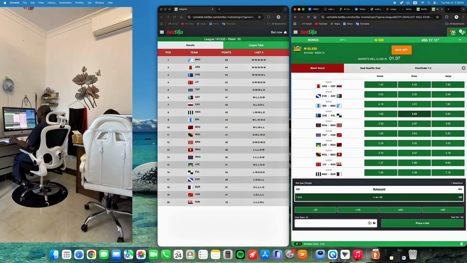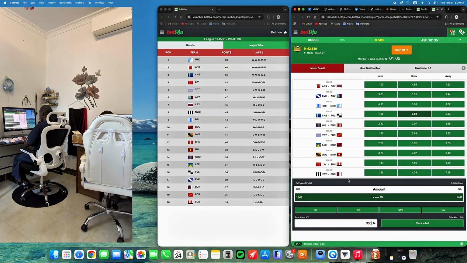I already used 1000 to bet for Chelsea to win, because now I have 1 minute 50 seconds to make another bet before it will automatically start, even if it's a manual game, because I've already placed one bet. So I'm going to use 200. With 200, I will not make a profit. 300, yeah, 300, I will make. The aim is not to make profit. The aim is to get back my previous money that I've used to make bets.